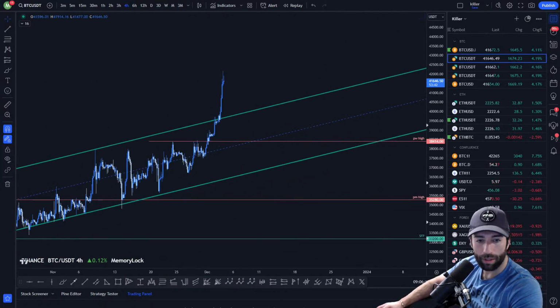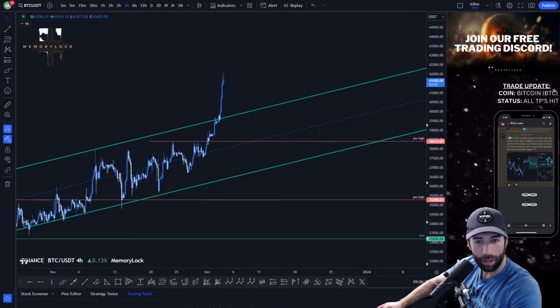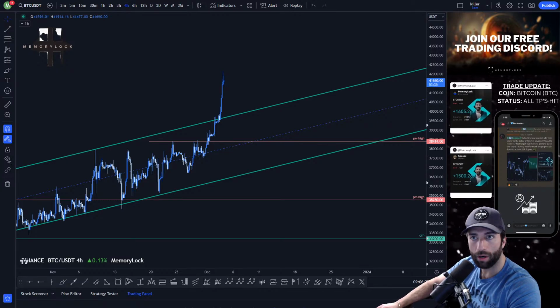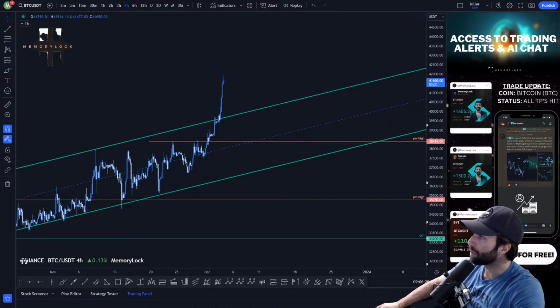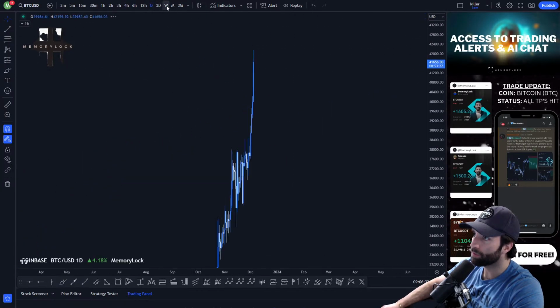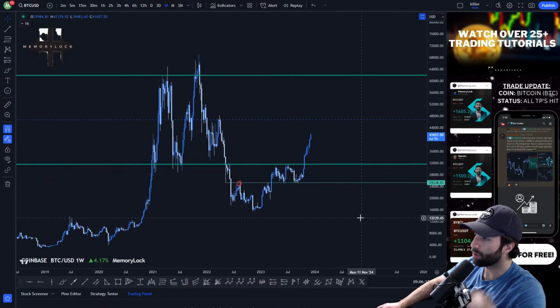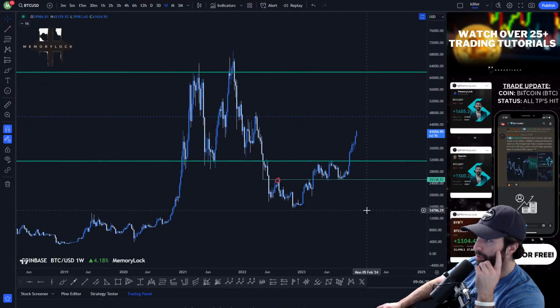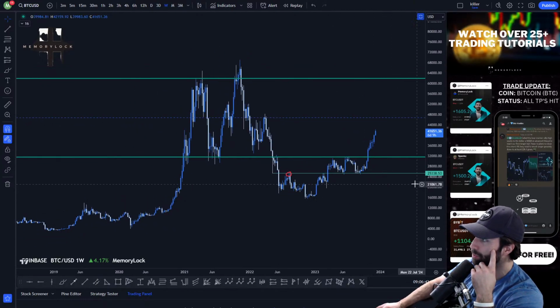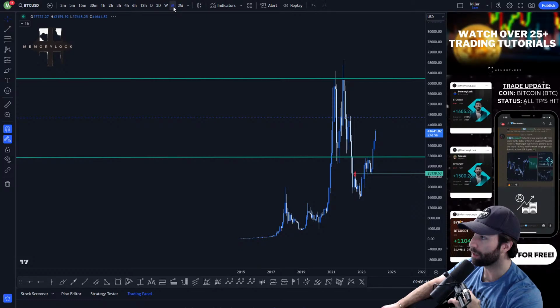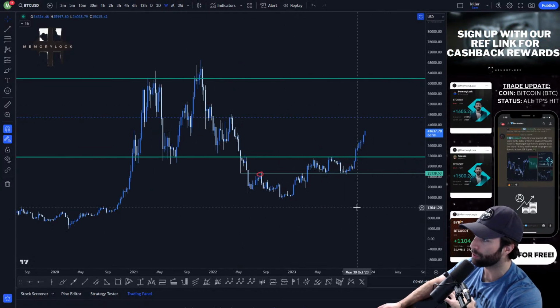I've got to take a look here and see what we want to be looking at on the chart. I want to look at our higher time frame chart before we dive in. Which one do we want to take a peek at first? Pull up our weekly. Okay, so this is the higher time frame chart that I've been watching for quite some time, and if you guys recall, I had this really nice initial plan where I said,